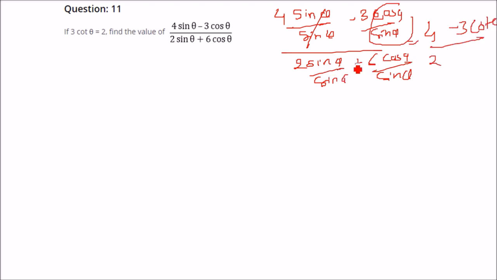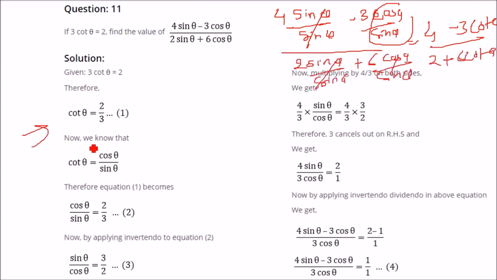This is 2. This goes 6 cot theta. This is cot theta. Cos theta by sin theta is cot theta. There is another way you can do here. It is given. This is the componendo and dividendo method. This way also you can do. This is in front of you. If you want to try, you can try. And let us solve this.